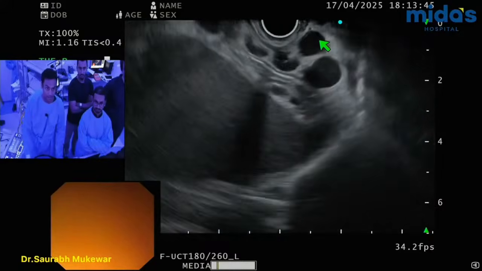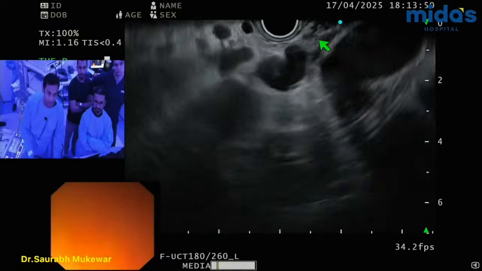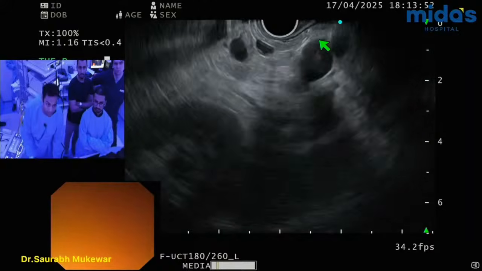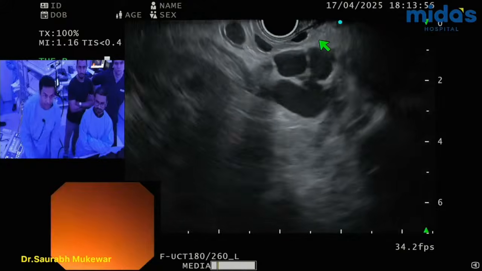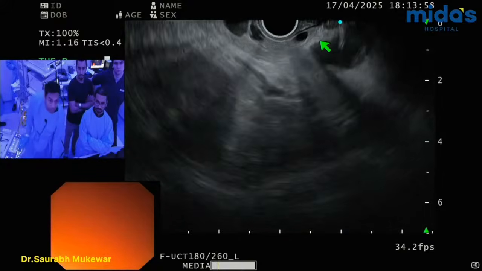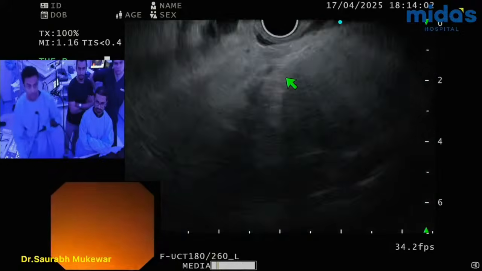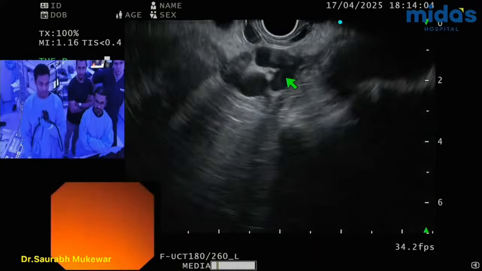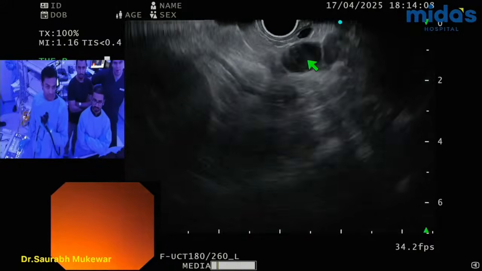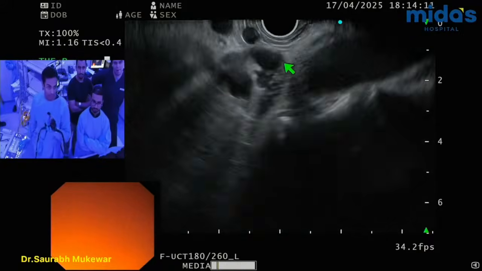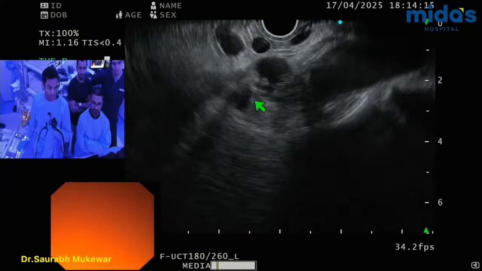Now let's trace this one. So trace it, going down. So we see going down here. So it's right in front of the adrenal gland. Right there. So I have to now turn my scope, go all the way back there, find that exact view. Yeah, okay, so we got the same view. So this is the adrenal gland and this is the vein in front of it. It's coming from there, goes down, goes here, and then it's sort of